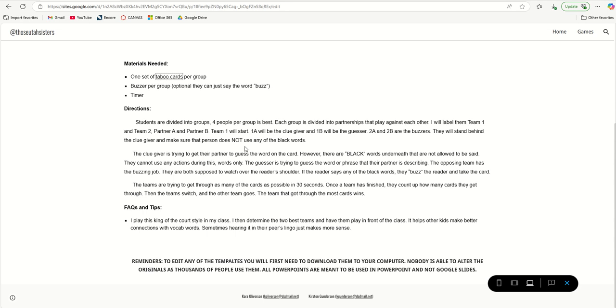In my class, I play this king of the court style. So I have everybody play against a partner, 2 versus 2. Then I have them switch and go find 2 new people to play against. And then we play king of the court style. I find the 2 groups that had the most points total, and I make them come and play in front